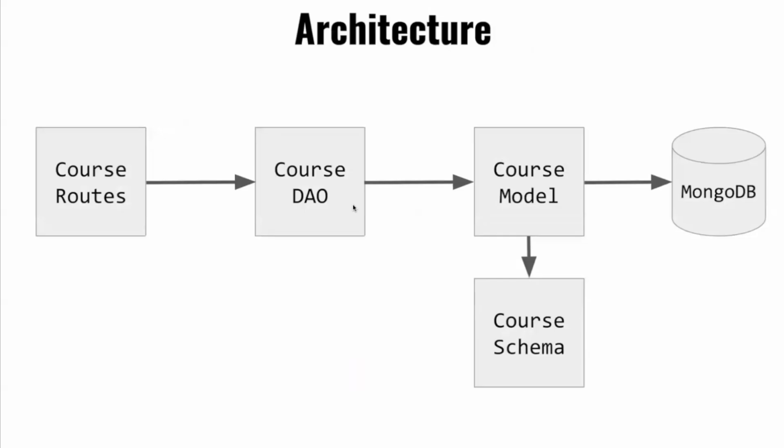As we saw when we were building the user models and schemas, it follows a pattern. We're going to apply the same pattern here for the courses. The general architecture is that we have routes that receive HTTP requests from the client, sending posts, puts, gets, and deletes through an AJAX library. We chose Axios. And those routes invoke functions